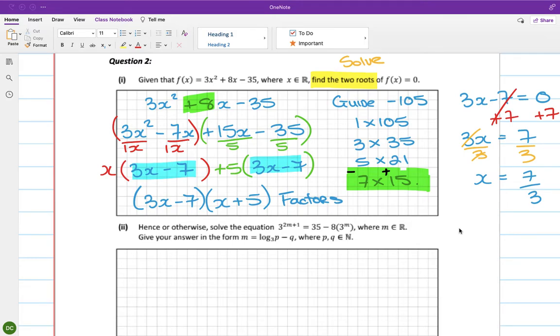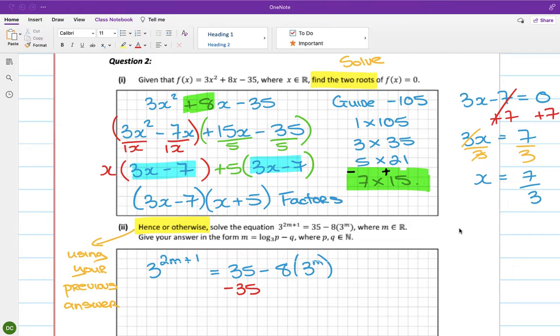So hence basically means using your previous answer. Okay, so that's a nice hint that this is going to be a quadratic. Now again, it's got that structure that it's going to be a quadratic, but the hence kind of hammers it home that it's going to be a quadratic. Okay, so I've got 3 to the power of 2m plus 1 equals 35 minus 8 times 3 to the m. Okay, I think it's going to be a quadratic, in which case if I'm going to solve it, I need equals 0. So I'm going to move this over,